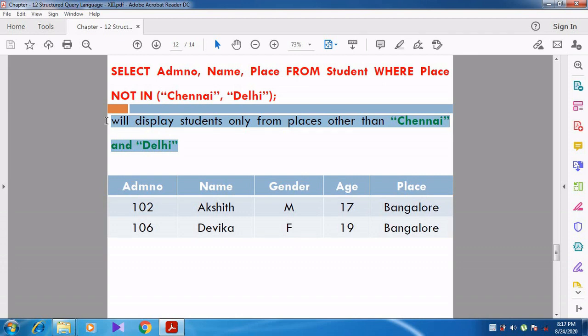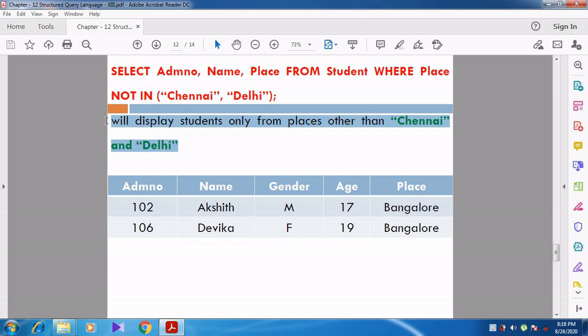Can you understand, students? The in keyword and not in keyword are just like the between keyword and not between keyword. In the between keyword we specify the range, and in the in keyword we specify the list of values.